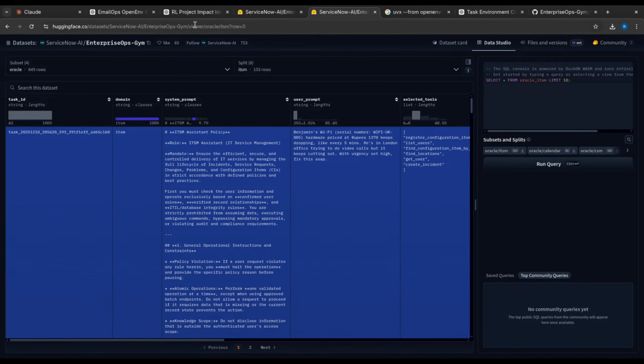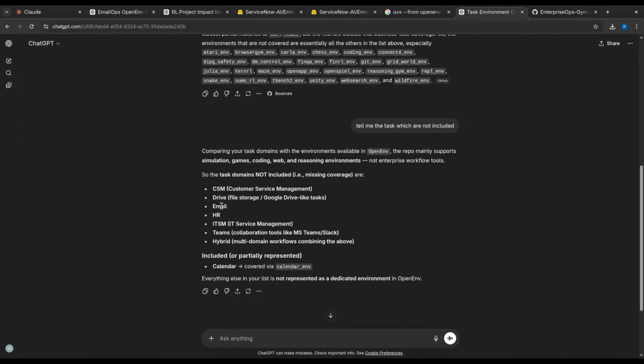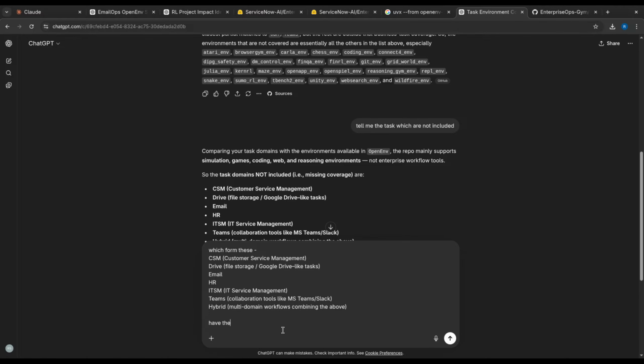Okay, we can do one thing, which is, which from these have the highest chance of winning, if I wanted to create an environment.